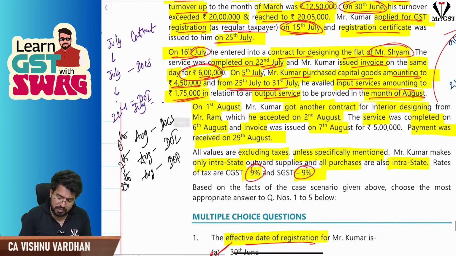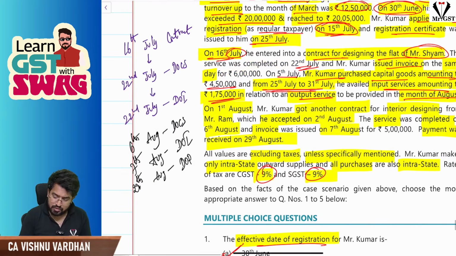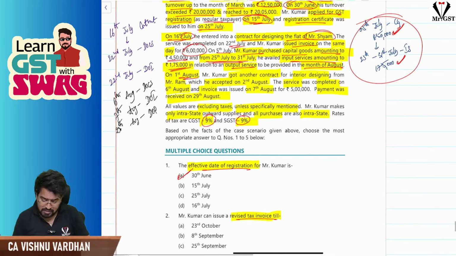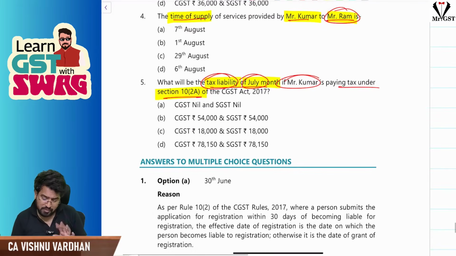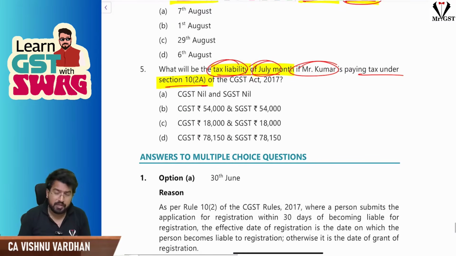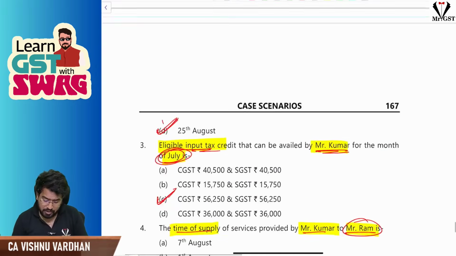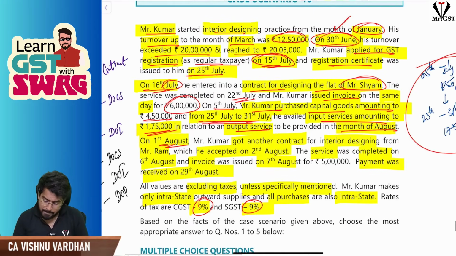so sales, you can understand 6 lakh worth sales happened in this July, nothing else. Later on, you are moving into August here. So 6 lakh on 6 lakhs, if he is paying tax under 10A, 3%, 18,000 should be the answer. Okay, that is the point. Next,